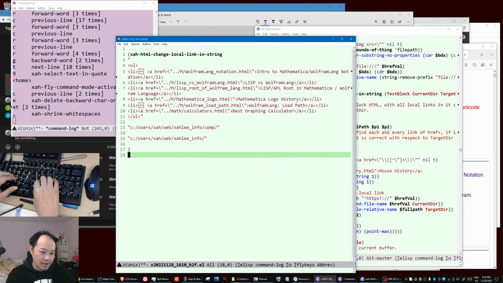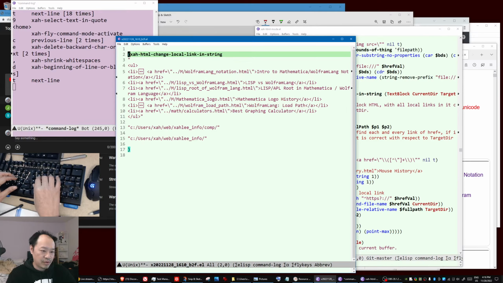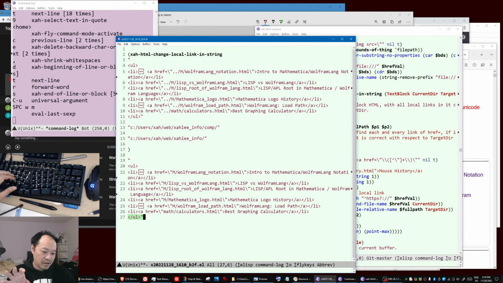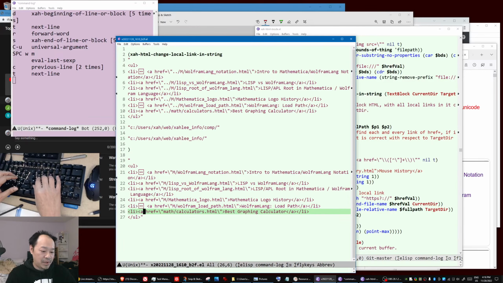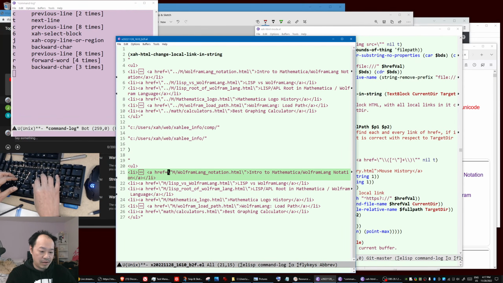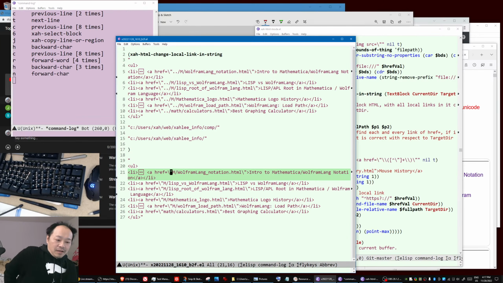But however, right now it doesn't do much, because we have to go to Emacs Lisp, call the function, and it returns the result. Then you have to copy the result. It still doesn't work. You have to remove the quote. Then you have to unescape those escapes. Then you can paste to the destination. So that's not good. So we are going to write a wrapper command